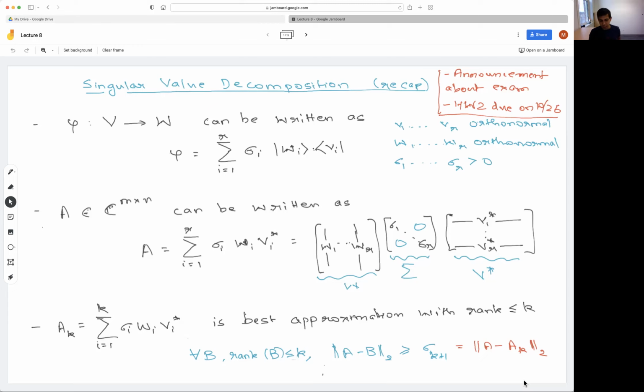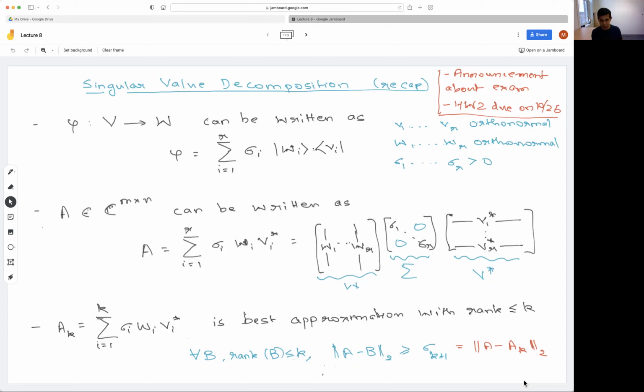And in general, low rank matrices are thought of as, in some sense, low complexity or simple matrices. And this is about approximating any arbitrary matrix with a low rank matrix and understanding how much the error is going to be, at least in one notion of error, which we defined last time, the so-called operator norm or spectral norm of a matrix, denoted by this symbol for this matrix A minus B.